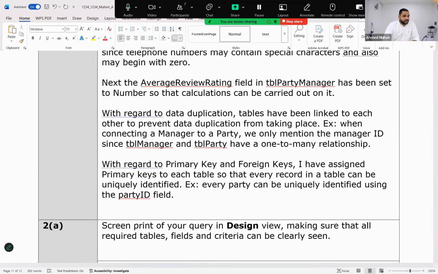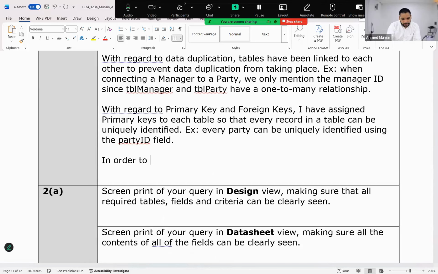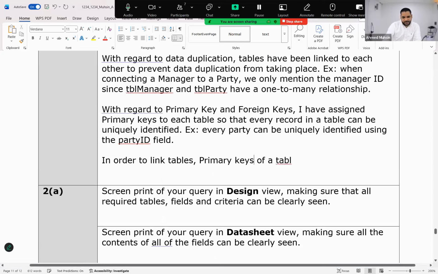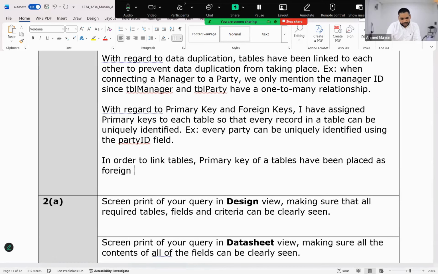Then why do we have foreign keys? So that a relationship can be created. Okay? In order to link tables, primary keys of tables have been placed as foreign keys